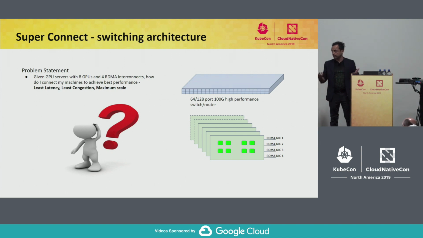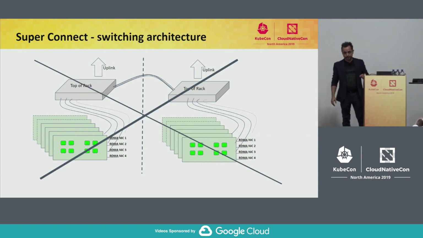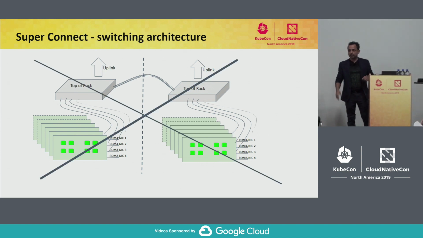If you're anyone like me, something stupid or learning, this is what I did. I put these boxes in a rack, put them into the switch, and then got to the other rack, put these boxes, put it on the top of the rack, and then connect the top of the rack to the fabrics and spines or whatever it is. Does not work. It would work for any other thing that you would try to do. It would not work for deep learning. Why? Because deep learning has a peculiar thing.